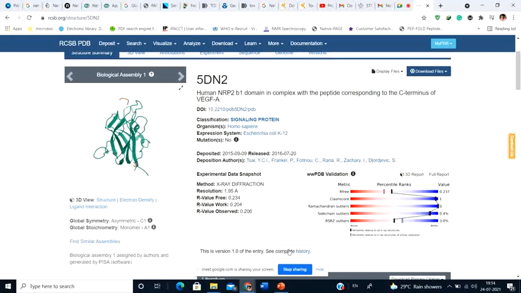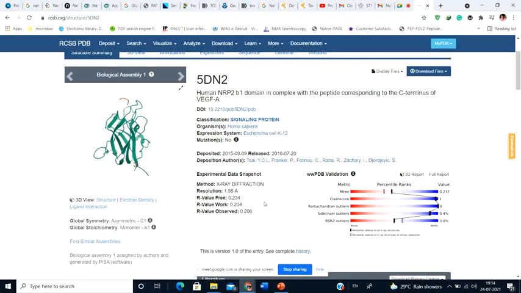So is there any kind of mutation like that? It says no. This is a pure wild type protein, and that means it has no mutation. And after that you get to see the IDs, that it was deposited in 2015, and who the authors were who deposited it. They are the authors who actually deposited this.